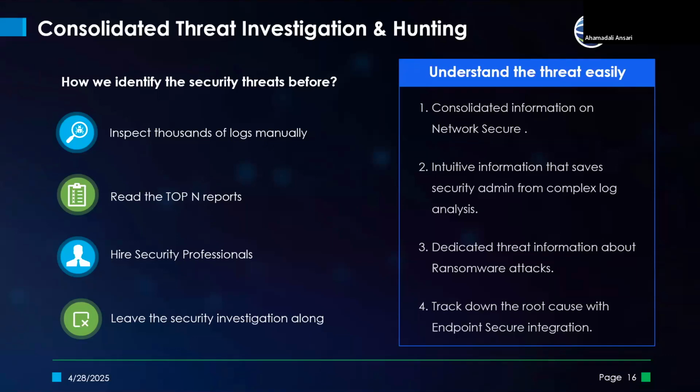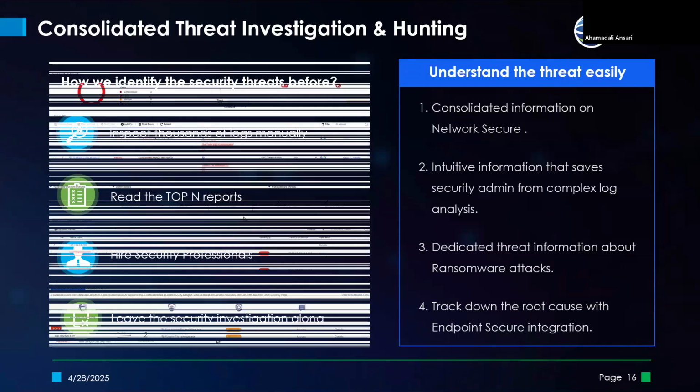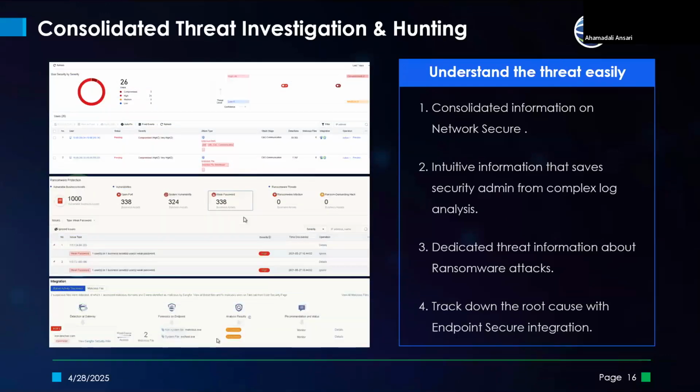You can search down the IP address, and you can search down the ports and protocols directly from the SOC Light console. So this gives you everything. Also, if you integrate the endpoint, you can identify the root cause. You can track down to the root cause directly from there. This is just an example of how you can see the ransomware protection, where all the vulnerabilities of the business assets are being detected: the number of open ports, system vulnerabilities, as well as weak passwords for the systems can also be detected.